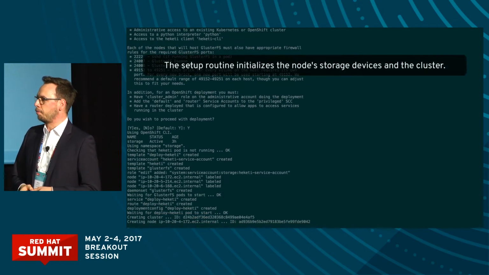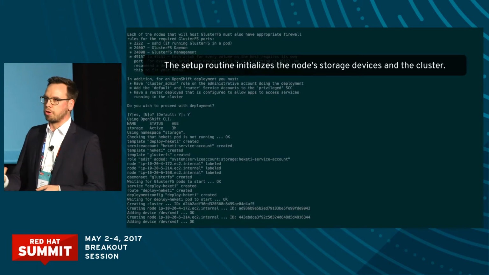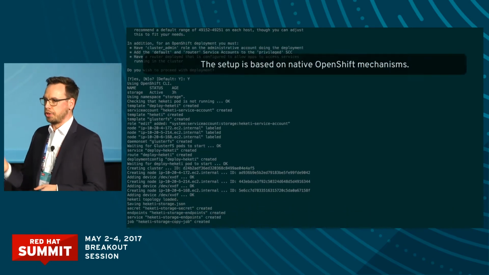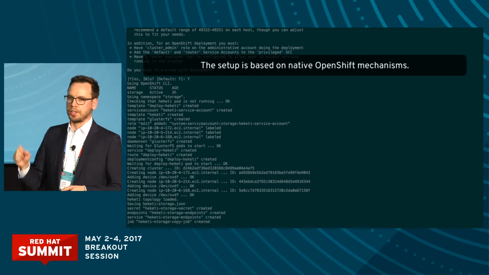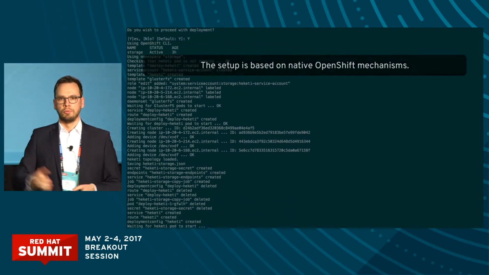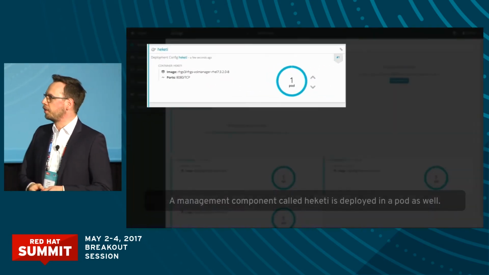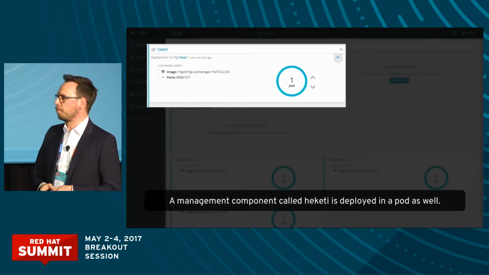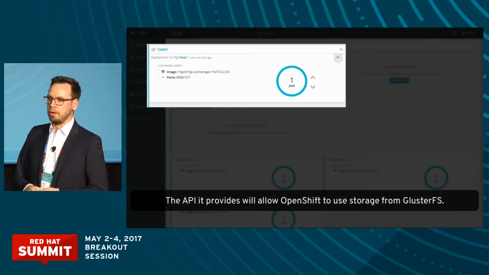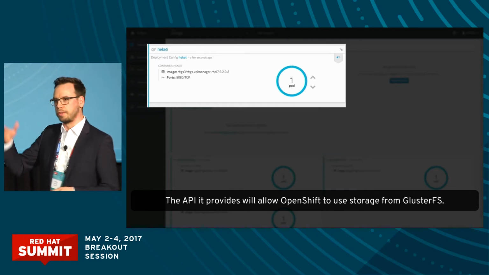And it will also deploy a second component that we call Heketi, which is actually an API front-end for Gluster that makes OpenShift able to talk to Gluster for provisioning purposes. And you see that's all done. After a couple of minutes, you have a fully functional storage environment on top of your OpenShift platform. Not next to it, not outside,